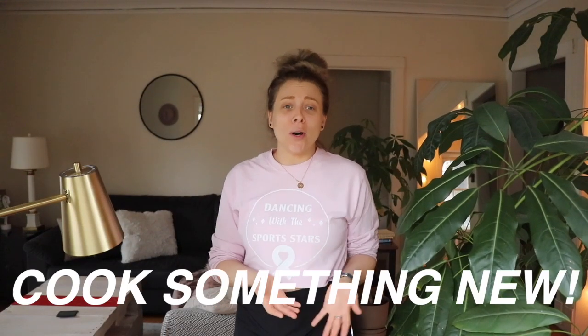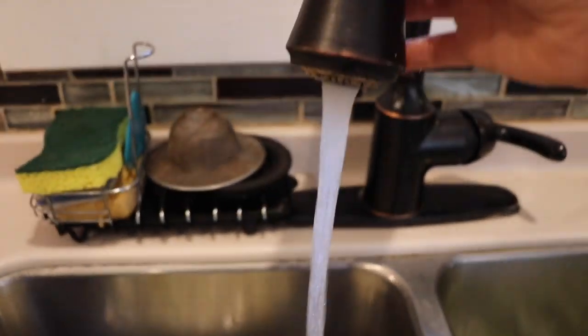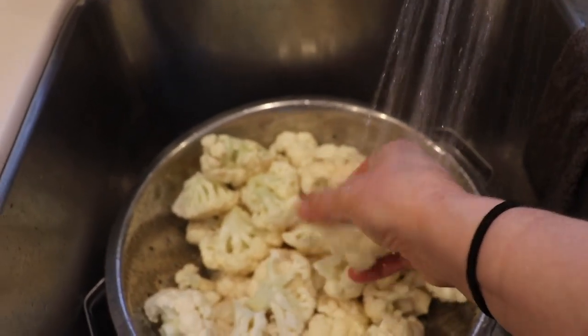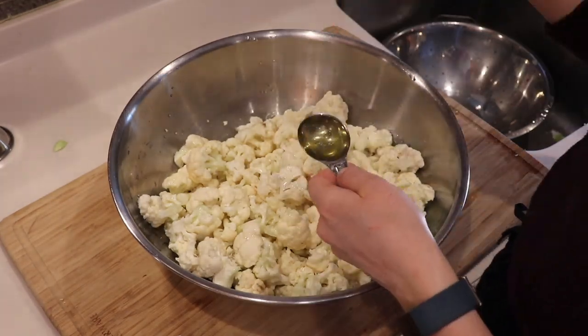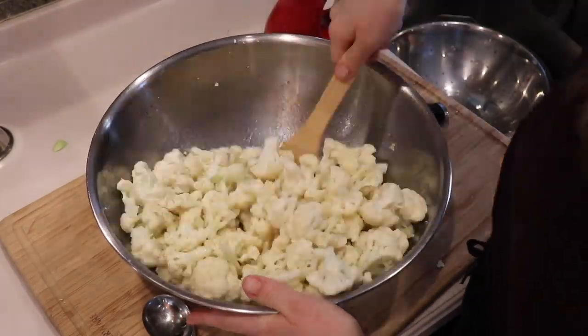The next thing on the list is to cook. If you haven't ever been a cook, now's the time to do it, especially if it isn't something that comes naturally to you. Honing in on a new skill and trying something new is really going to help bring your brain power up. Especially at this point, a lot of us have gotten into a routine and done a lot of the same thing, and it's really easy to